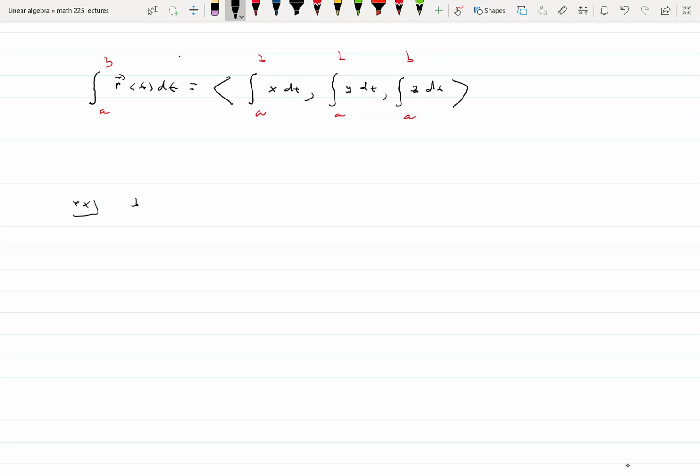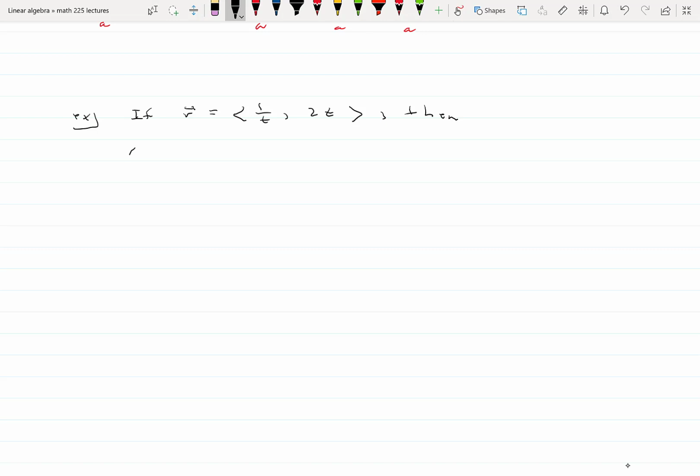So if R is the position vector or the vector function whose components are 1 over t and 2t, then the definite integral from 1 to 3 of R dt is the definite integral from 1 to 3 of the vector function 1 over t, 2t with respect to t equals